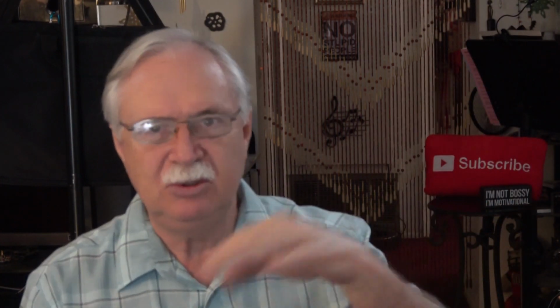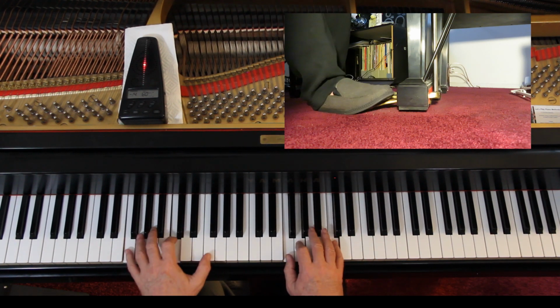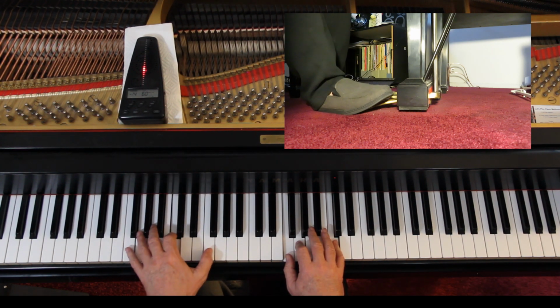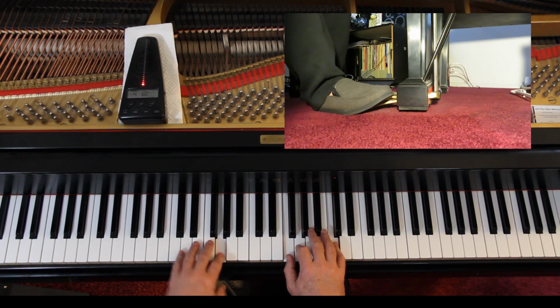I'm going to give 4 counts. I'm going to do pages 150, 151, and then we'll do page 152 separately. I'm not doing the repeat. I'm just going to go straight through it. 1 and 2 and ready and go and 3 and 4 and 3 and 4 and